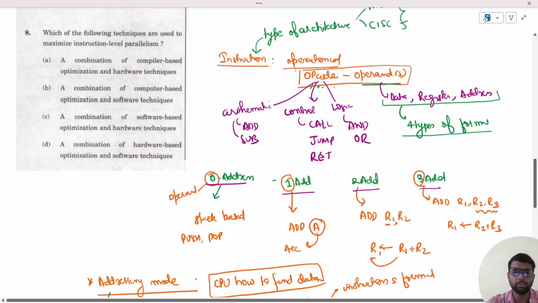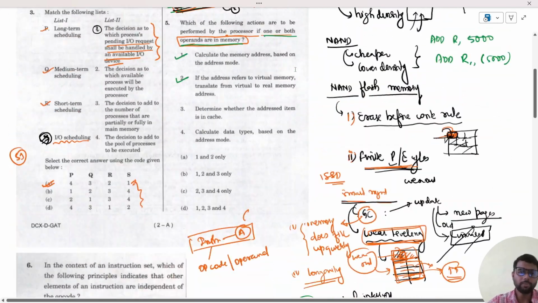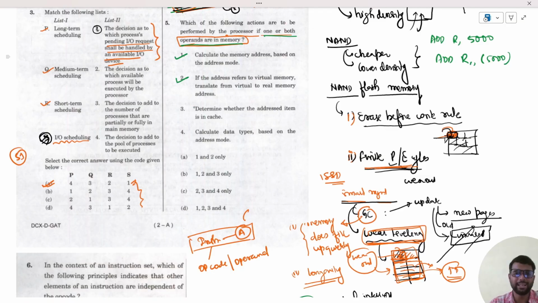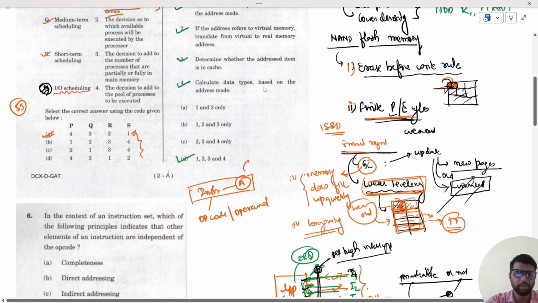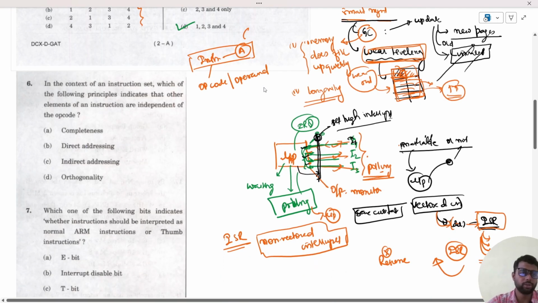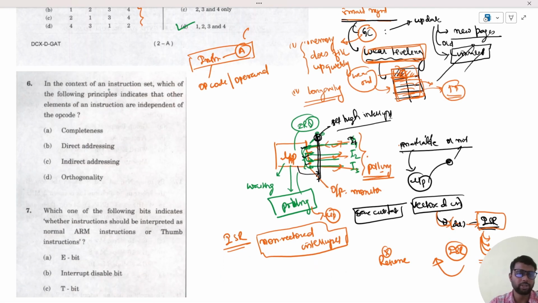So in the question, we are given one option as determine whether the address item is in cache. Yes, obviously. Calculate the data type based on the address mode. Yes, obviously. So all these four options are correct. The correct answer will be 1, 2, 3, 4. I hope you understand these points. So now let us move to the next question, in which,